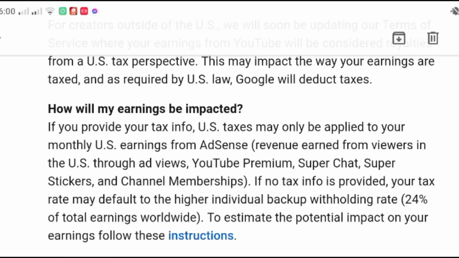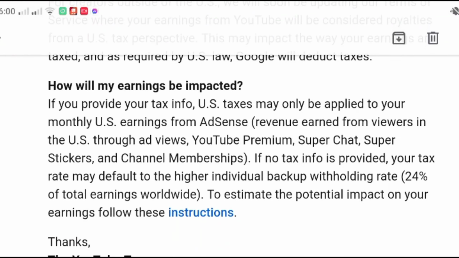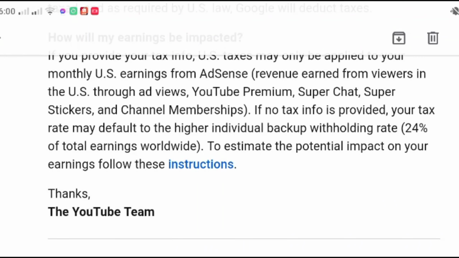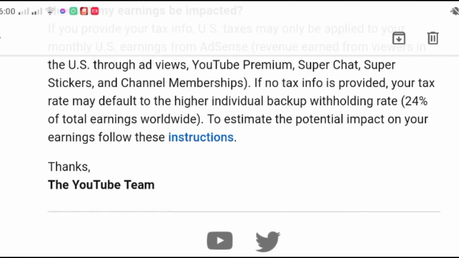If no tax info is provided, your tax rate may default to the higher individual backup withholding rate that is 24% of our total earnings worldwide. To estimate the potential impact on your earnings, follow these instructions.